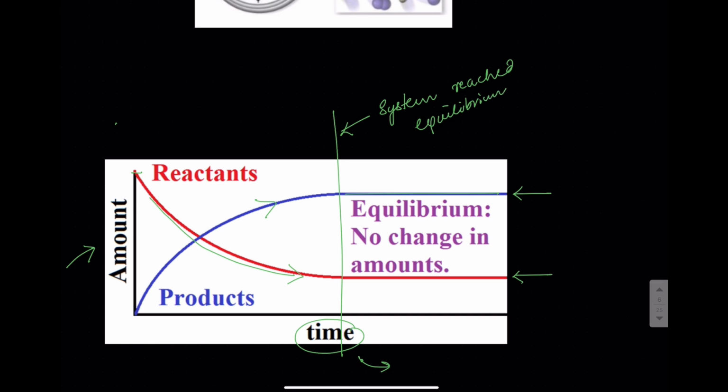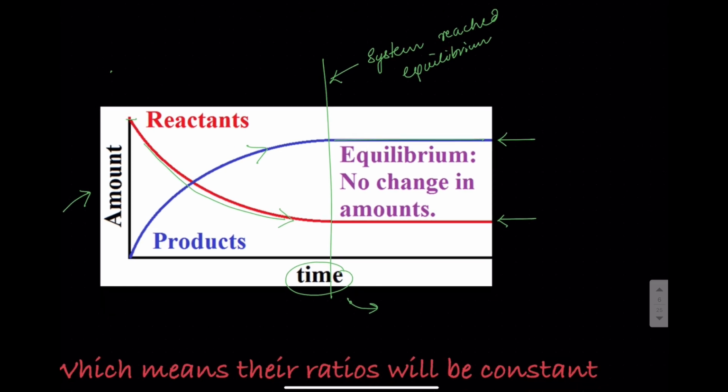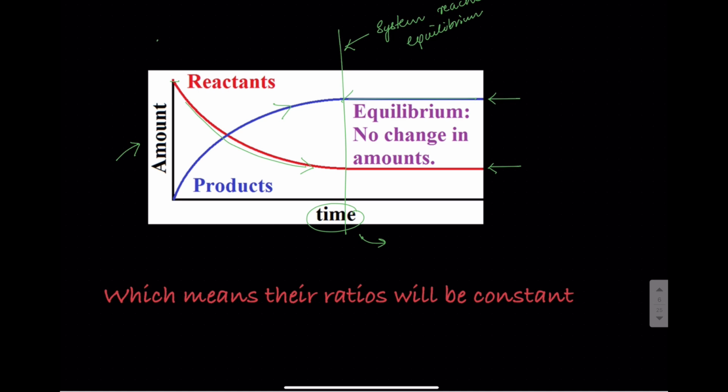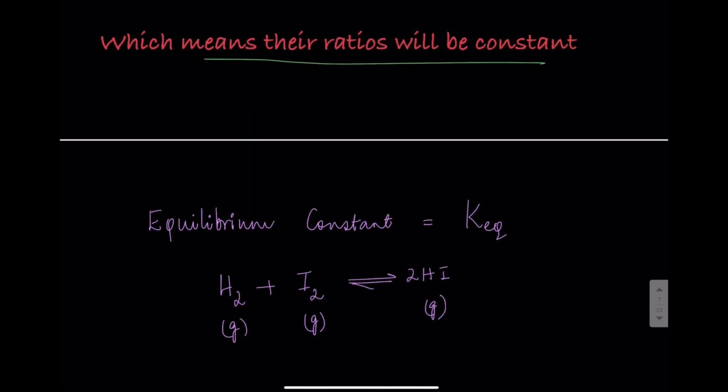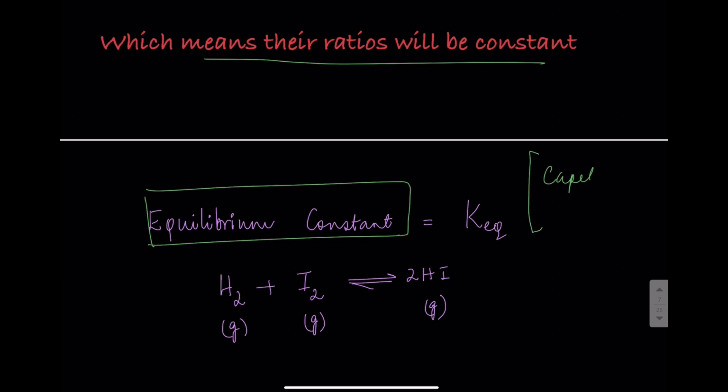So at this point, there is no more change in the concentration. If the concentrations don't change, that means their ratios will also be constant. And that is how we quantify, and that becomes the equilibrium constant, KEQ. So remember, this is capital K. The small k is usually referring to